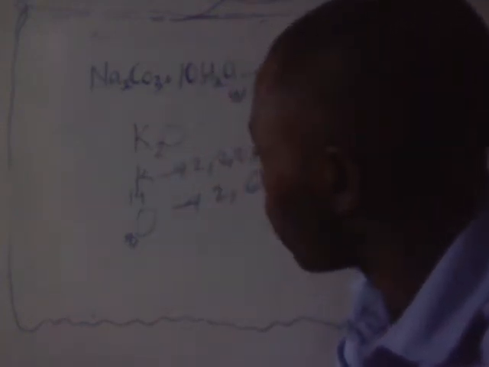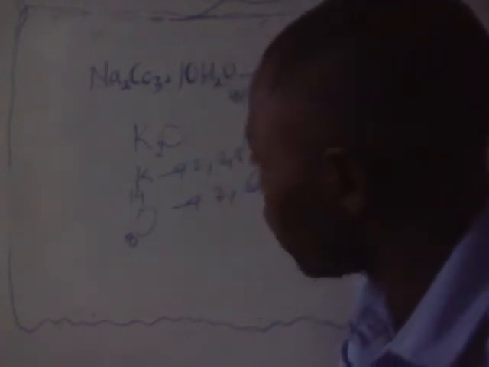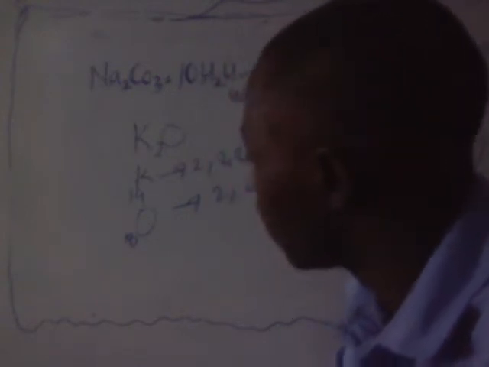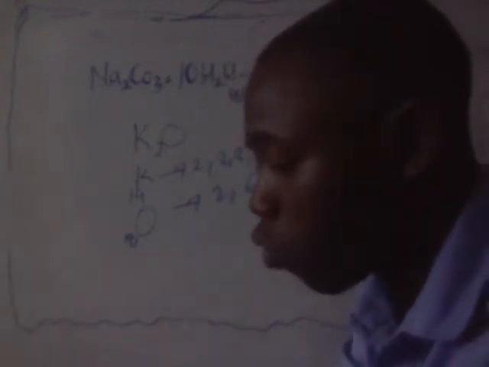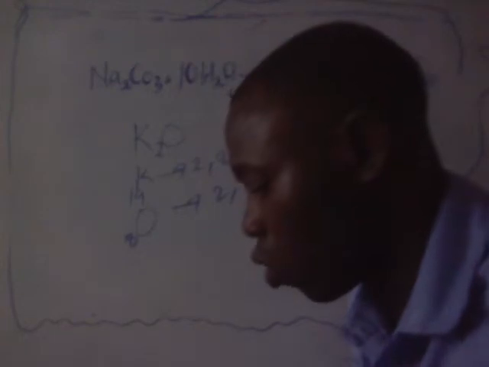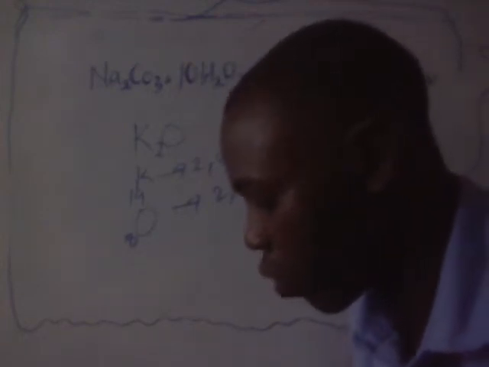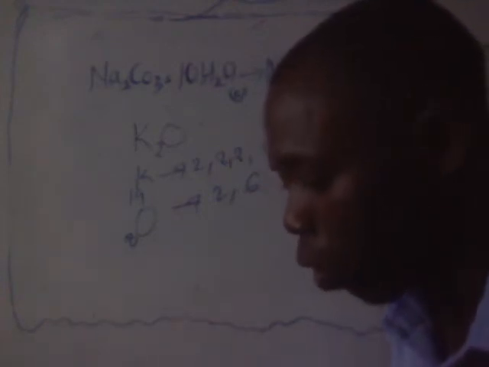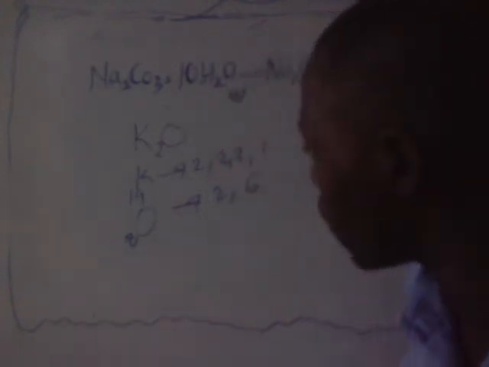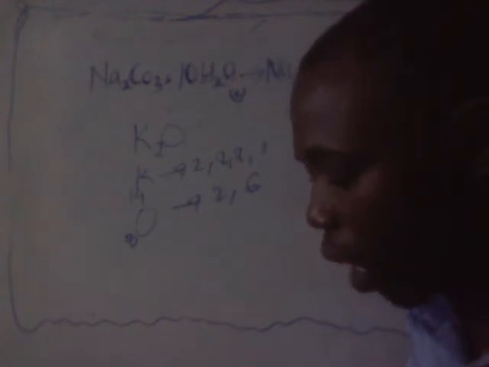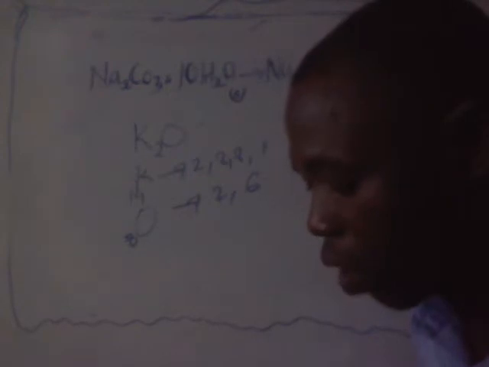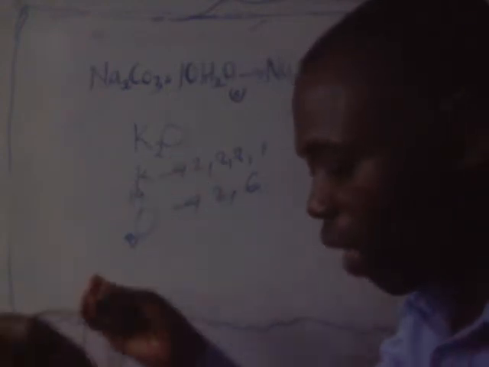So two potassium atoms are needed to supply 2 electrons. When we have 2 potassium atoms, we have 2 electrons that will now be given to 1 oxygen to make it 8. So whenever there is a transfer of electrons from a metallic element to a non-metallic element,